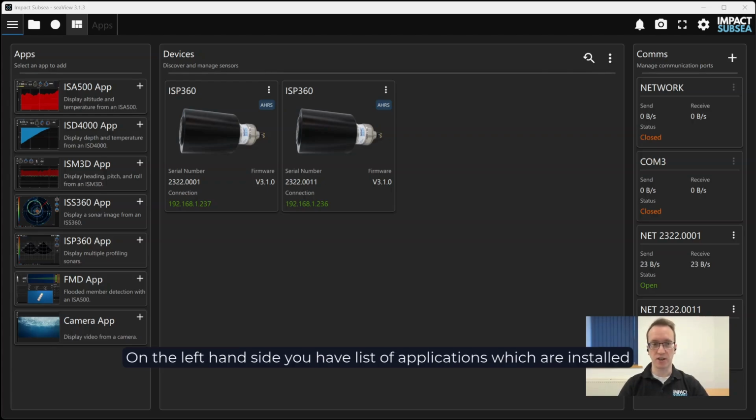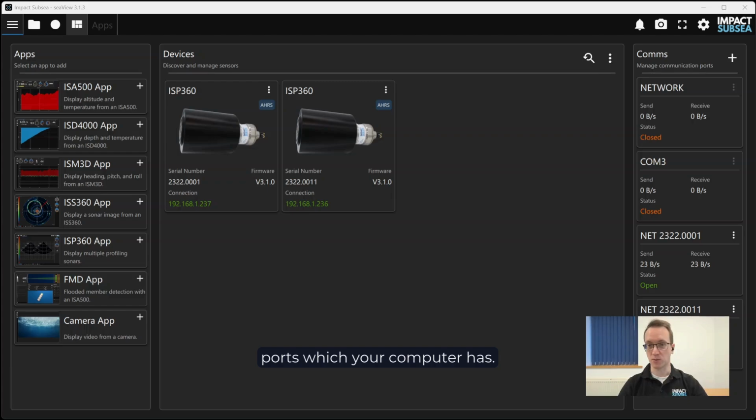Shown on screen here is an example of what you'll see when you first run seaView. On the left-hand side, you have a list of applications which are installed in seaView. In the middle of the screen, you have any devices, any Impact Subsea sensors which have been detected. And on the right-hand side of the screen, we have a list of any communication ports and network ports which